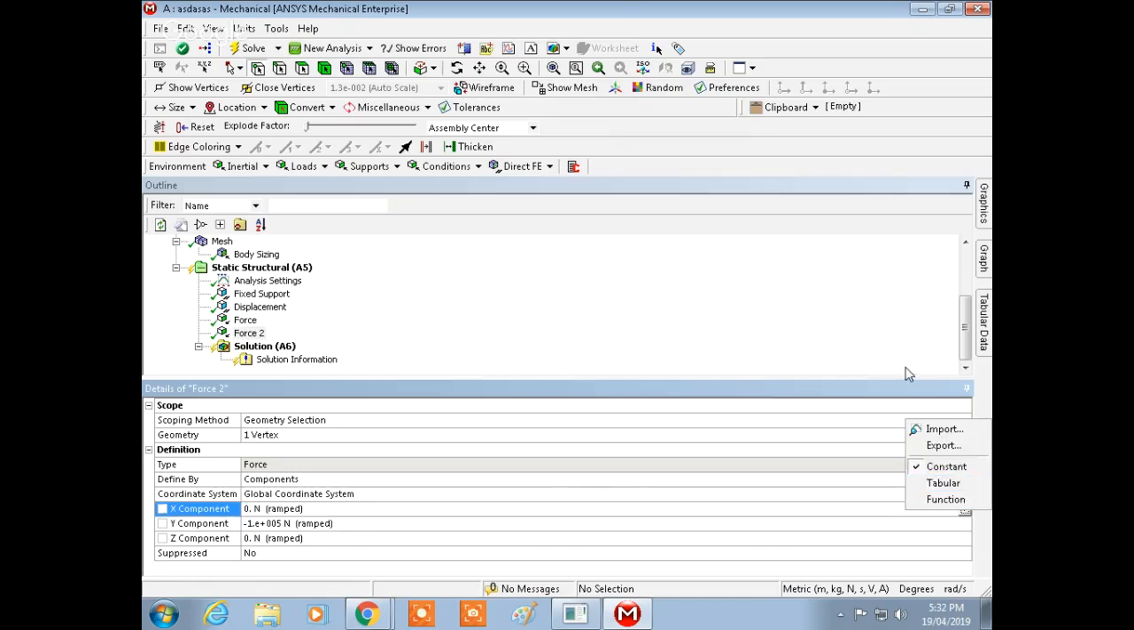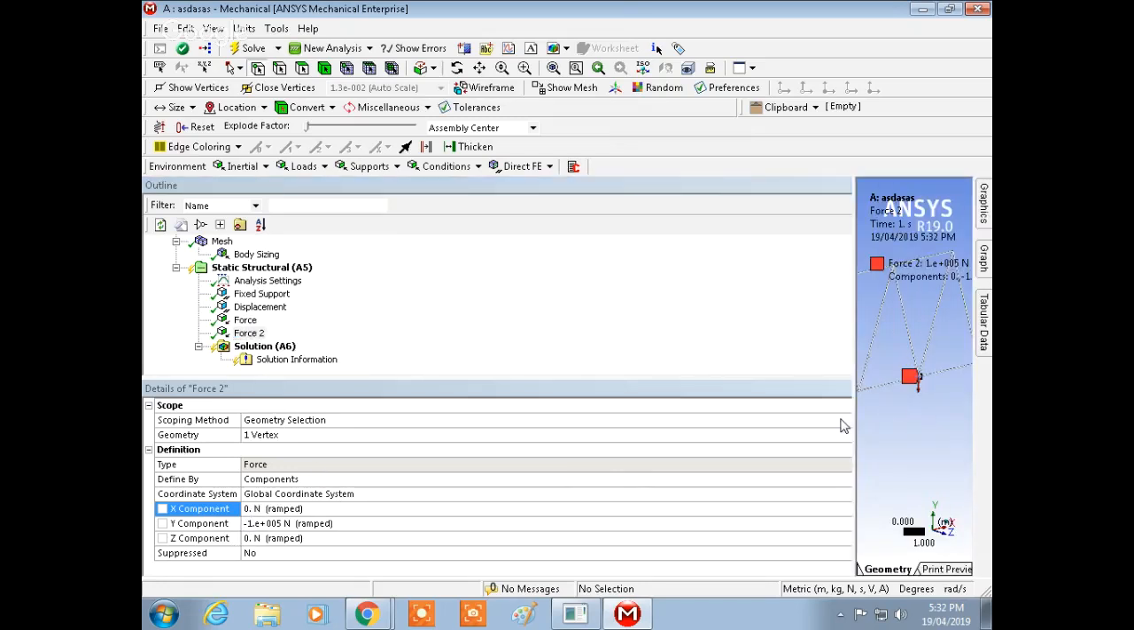Functional tabular. Let it be a constant. Let both be the constant. Actually, it doesn't matter if you keep them constant on. Just select nothing. Just keep them zero. And done. Our force two is applied now,